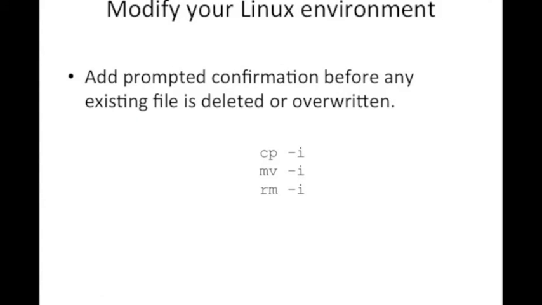Okay, so I think the last thing for today will be how to modify your Linux environment. Basically, you want to have an additional layer of security where every time you remove a file or try to override a file, you'll be asked if you want to do so, right? Do you really want to remove the file? Yes or no? And then how it will be done,